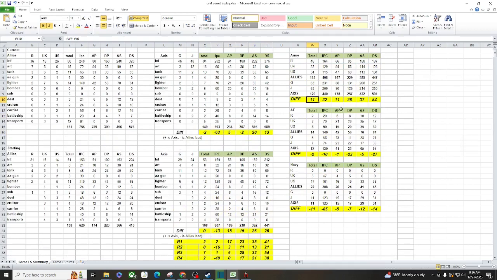And then here's the other summary: Army, Air Force, and Navy advantages. So not surprising, Axis has the lead in everything Army-wise. I have the lead in everything Air Force-wise, especially defense-wise. And then Navy is